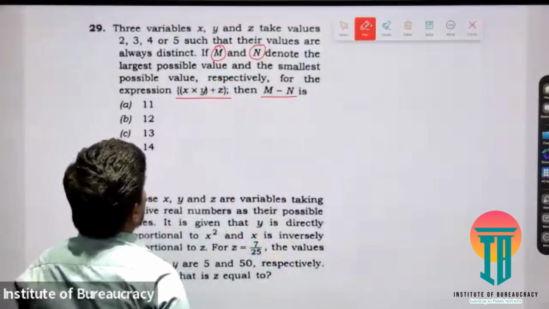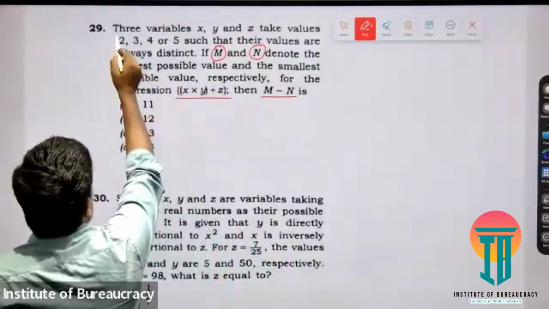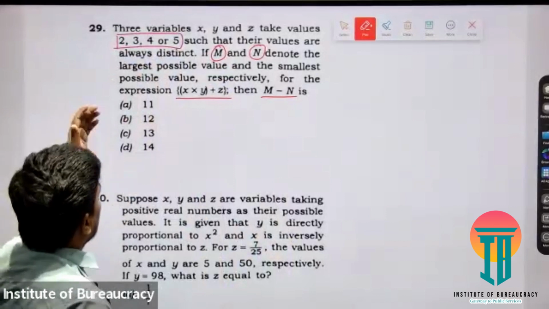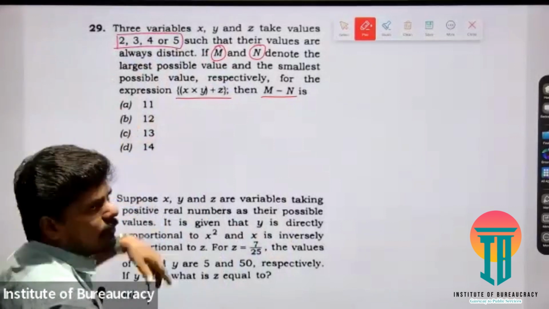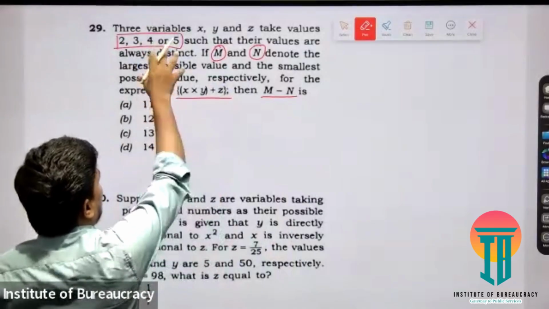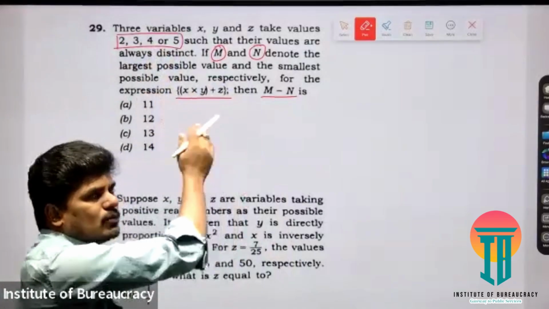What is m minus n? We are asking. So x, y, z are going to be substituted with 2, 3, 4, or 5. If you want to get the maximum value, you need to use bigger numbers. If you want to get the minimum value, you need to use